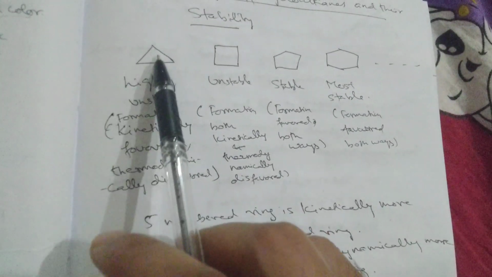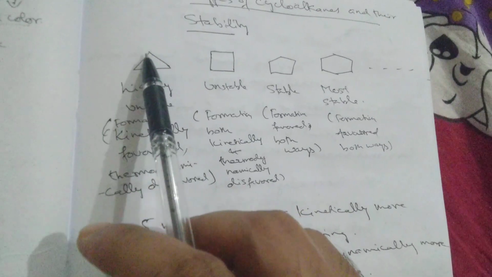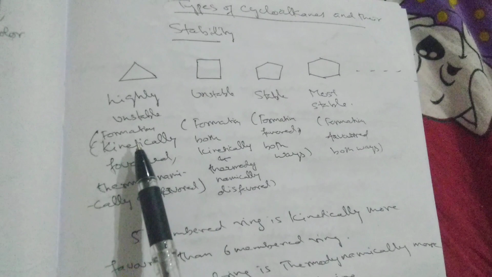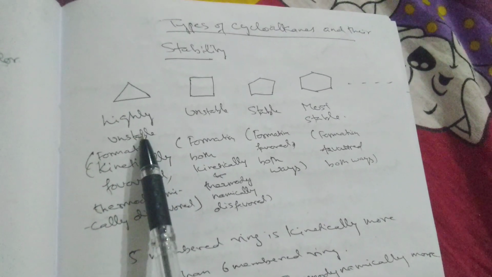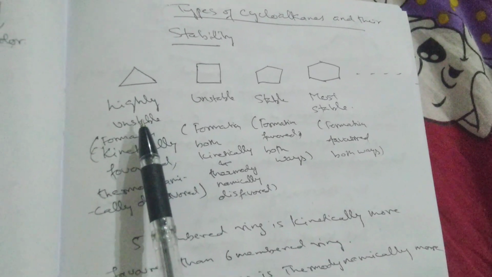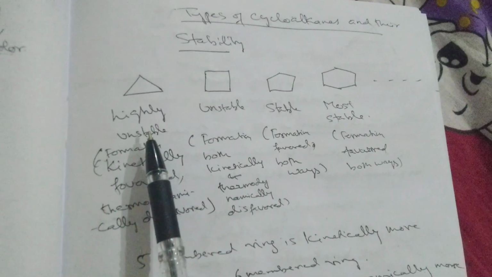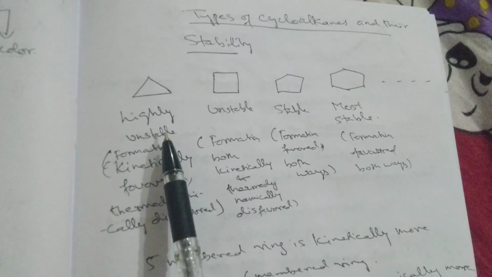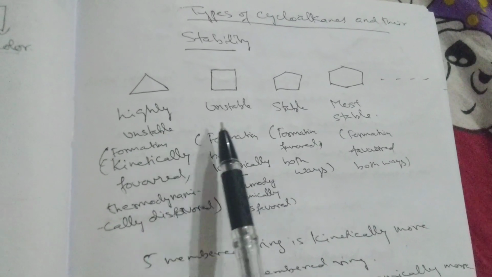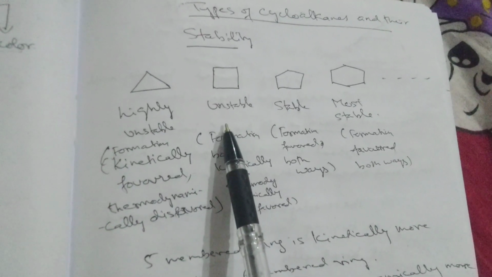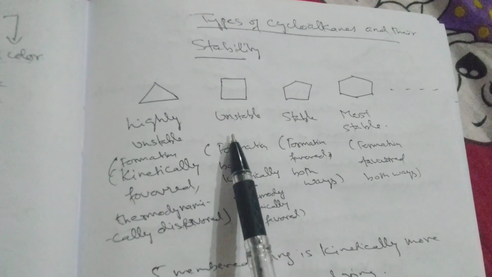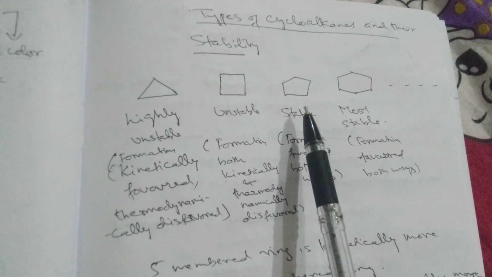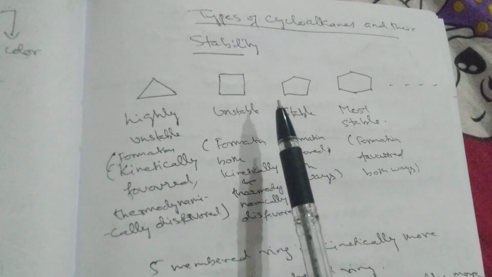Because you understand, the size is small, so attack can happen very fast and then the reaction can happen. Thermodynamically, as a product, it is very unstable, but formation happens very fast because it is kinetically favored. Kinetic means how fast it is; you look at the intermediates. The 4-membered ring is unstable both thermodynamically and kinetically, whereas the 5-membered ring is both kinetically favored and